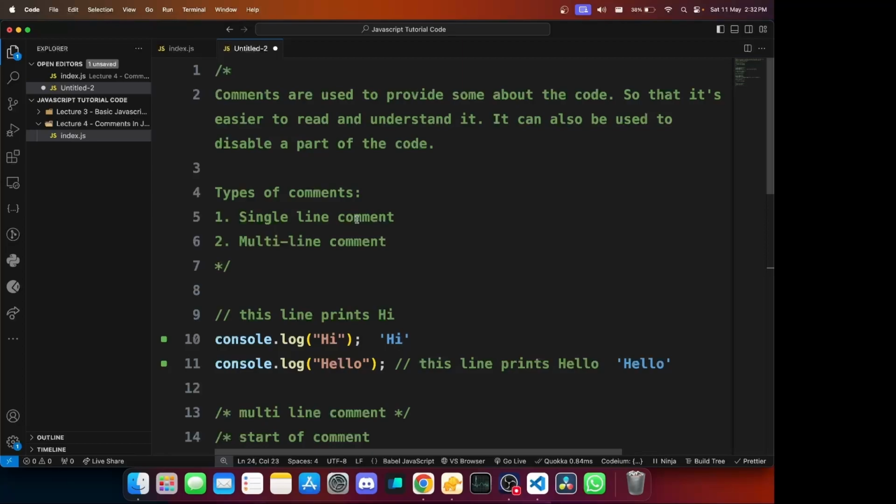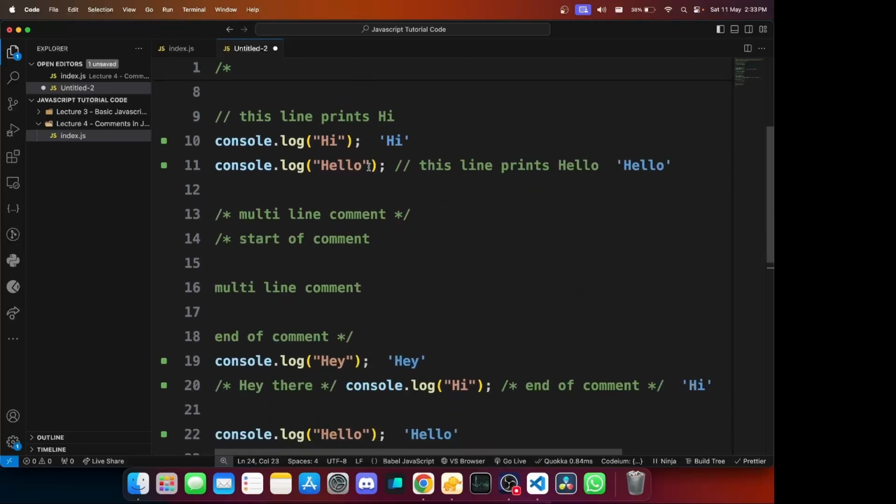Now finally I want to give a conclusion on comments. Is it actually good to use comments or not? Now my answer to that question is yes and no, both. It depends. It basically depends on your use case. I have seen some code bases where people are writing comments on very obvious things, and that doesn't make any kind of sense. In this case, I was writing a comment on a console log line. It doesn't make any kind of sense. It's too obvious to understand on your own.